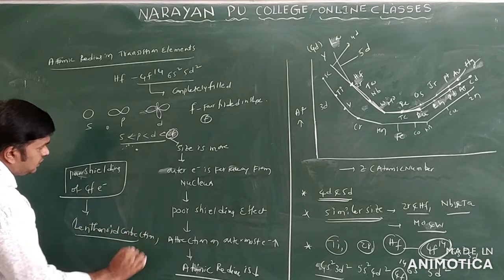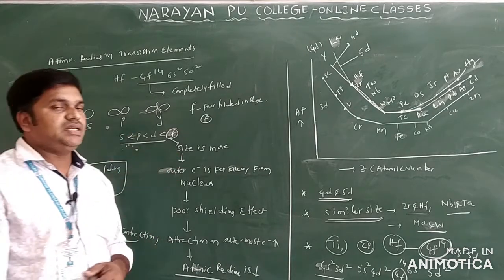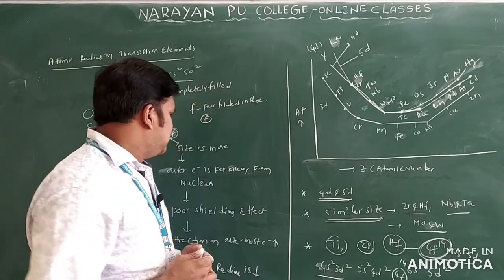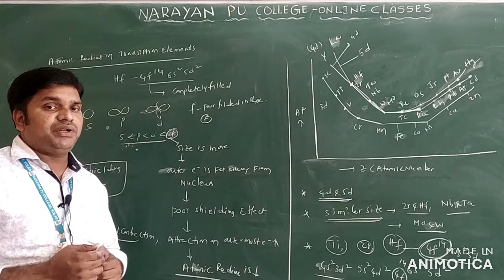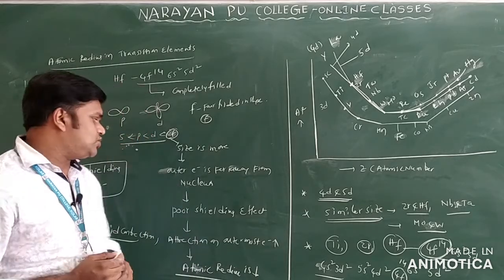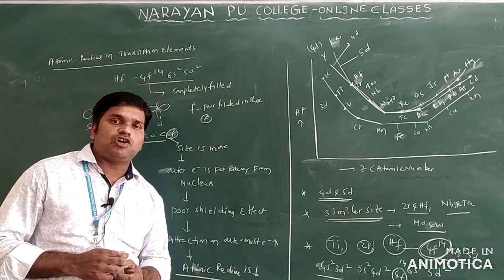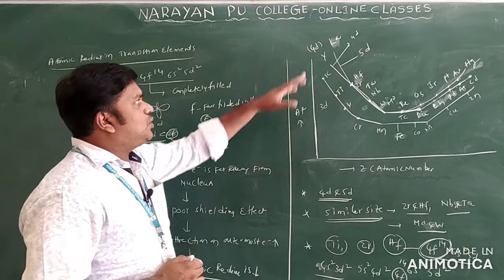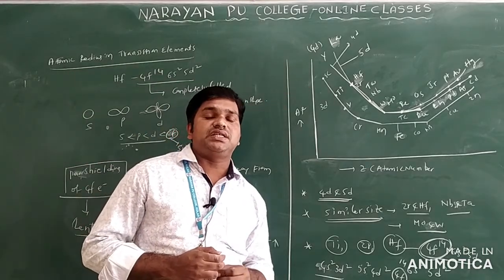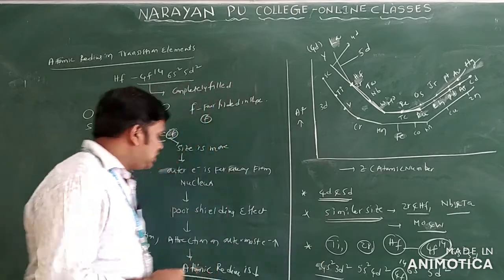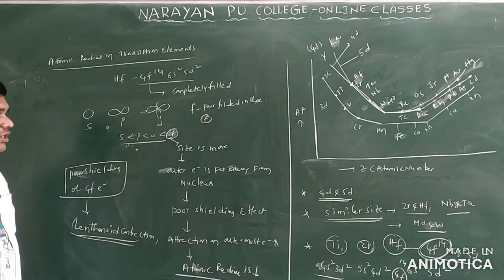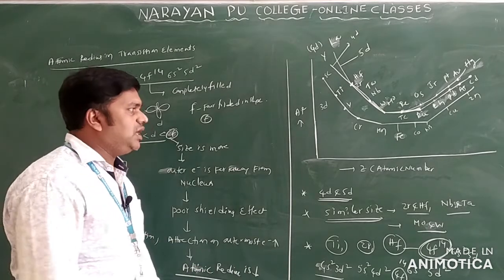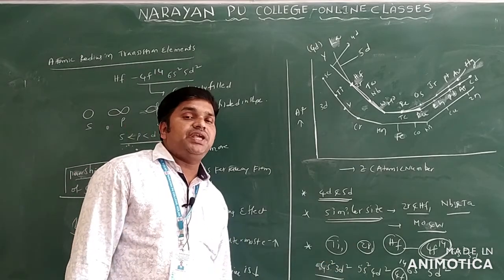Clear? Again I am repeating here. F orbitals are there. The f orbital size is more. If the size is more, the electron is far away from the nucleus. If the electron is far away from the nucleus, there is poor shielding of the f electrons only. When the poor shielding is there, attraction on the outermost electron increases only. Thereby the atomic radius decreases only. So in the case of lanthanoids, the atomic radius decreases from lanthanum, cerium to lutetium. That we are calling lanthanoid contraction only. That is mainly due to poor shielding of 4f electrons only. This is regarding atomic radius, which we are comparing with 4d and 5d series elements.